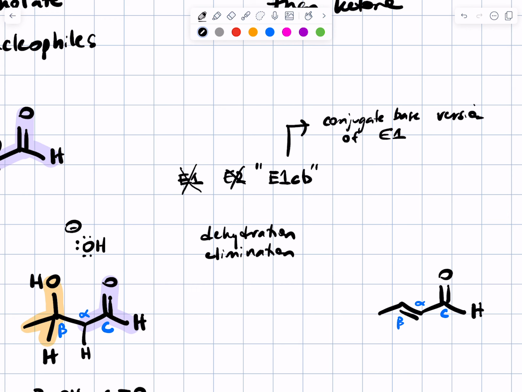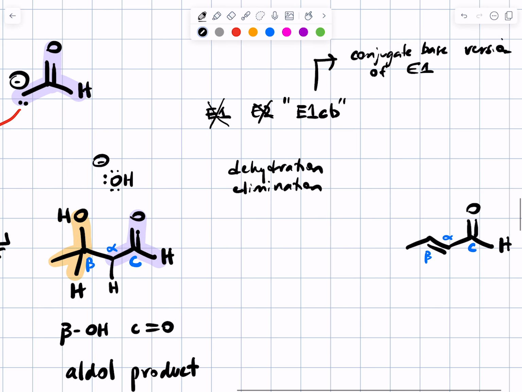For the E1 reaction, the leaving group leaving was the slow step. There was only one thing involved in the rate determining step, and that was the molecule with the leaving group on it. The second step, which was base removes the proton, was really fast and didn't show up in the rate law. For E2, both the base and the thing with the leaving group were involved in the rate determining step. In E1CB, we're back to only one thing being involved in the rate determining step,